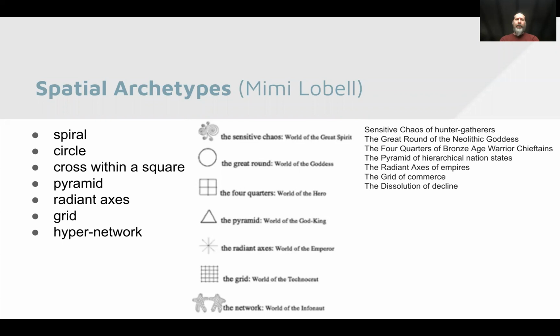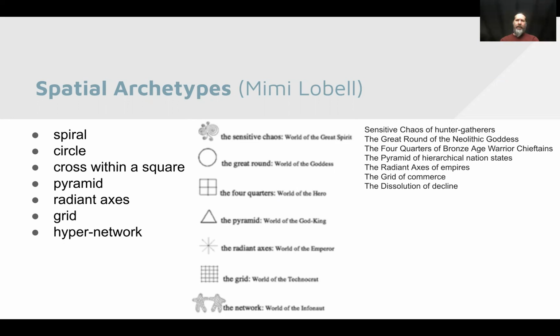So not necessarily that these things spiritually cause these people to build in this way, or that there is some deep intrinsic human connection to the universe that causes this kind of architecture, but more that when a society of people believes this kind of thing or has this conception of the universe, they tend to build in this kind of way. And so she looked at the progress and history of architecture in the world and what those shapes were, and came up with a rough breakdown like this.